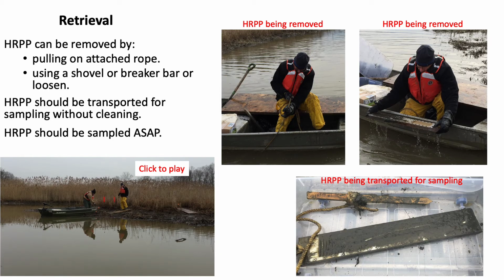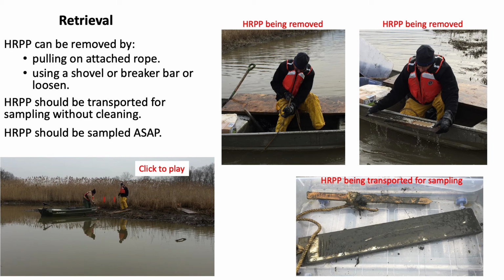Retrieving the samples. Again, the samplers can be retrieved either by boat or by wading. Generally, they're removed by either pulling on the attached rope or by grabbing the sampler with your hand and pulling. Because of the length of the samplers, there is a suction that can occur, and it can be difficult to